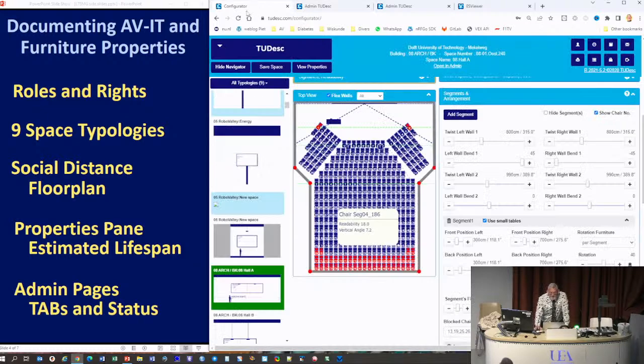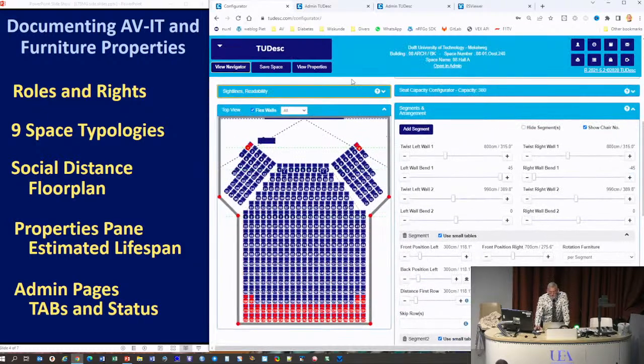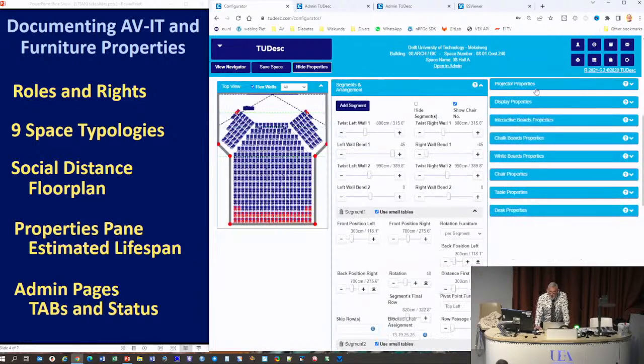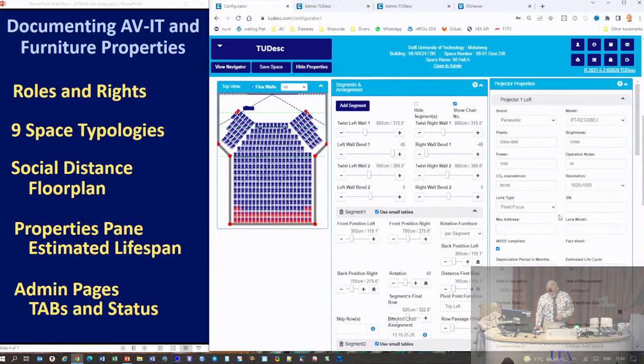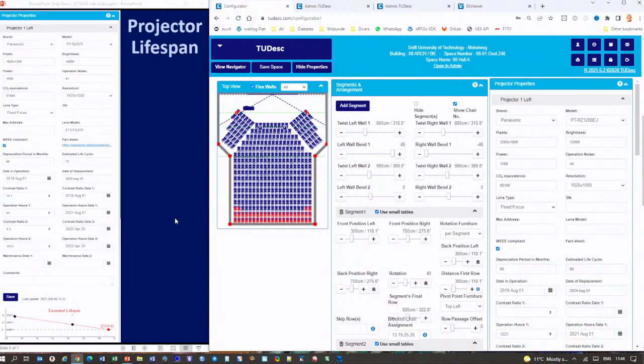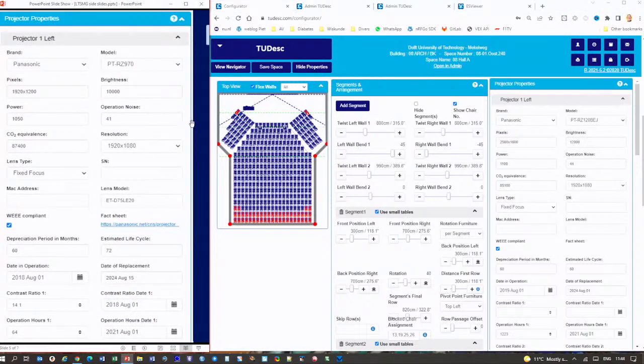If I go back to the configurator, there is also a properties pane on the right side where we have properties from projector, display, etc. And the projector is the most complicated one. I will not type it in, but I have a next slide, and I hope to show you what properties